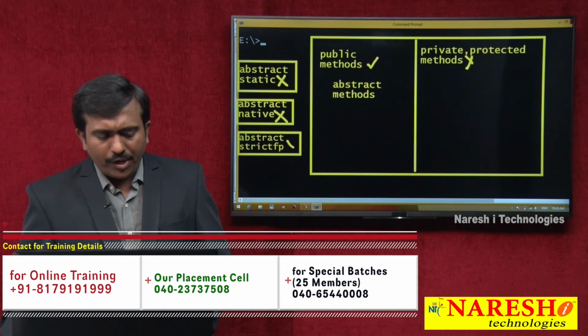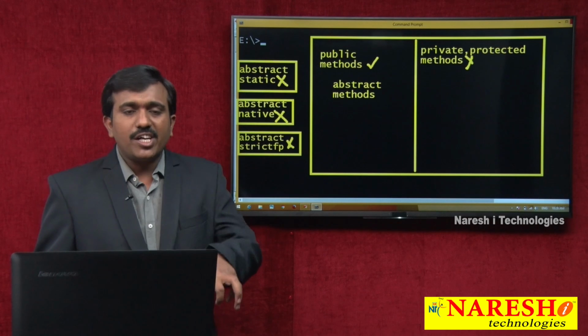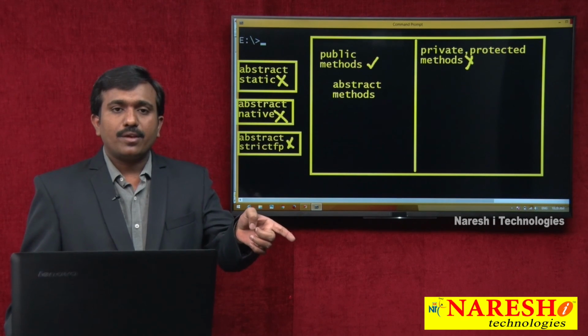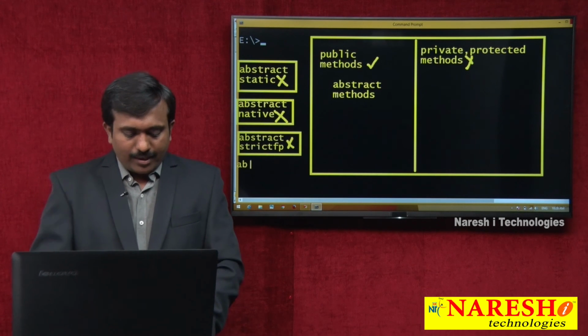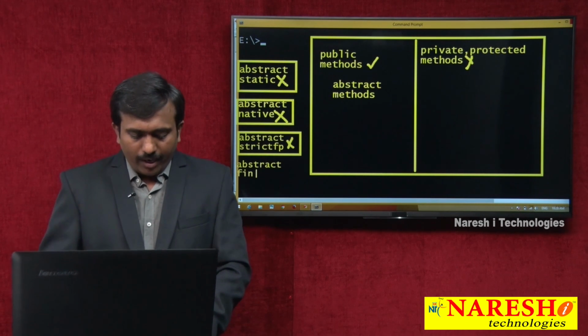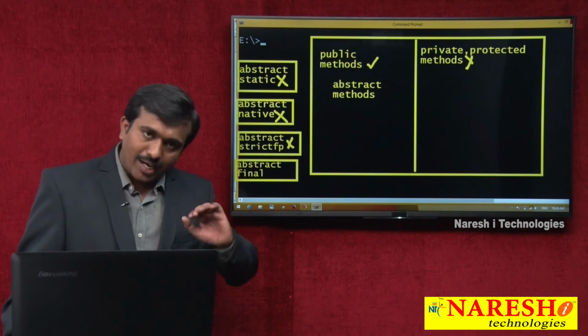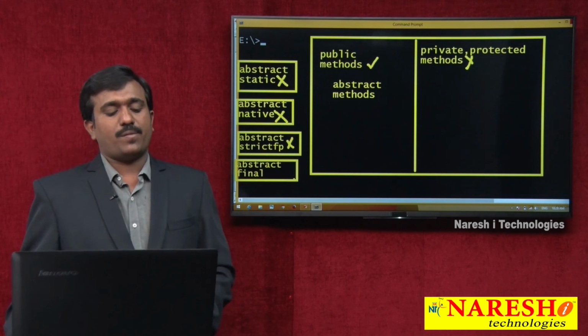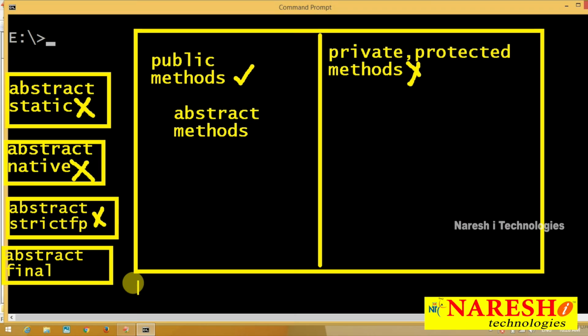Here the important point is abstract and strictfp combination is legal for classes but illegal for methods. Abstract and final modifiers combination is also illegal for classes as well as for methods.